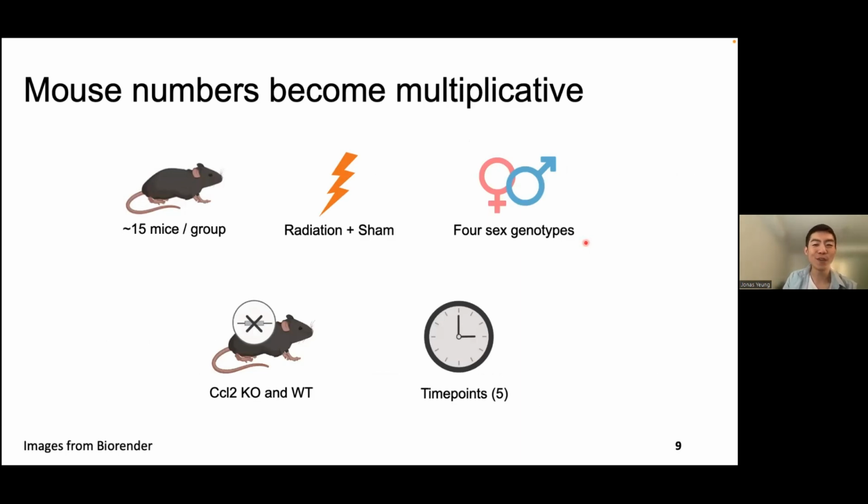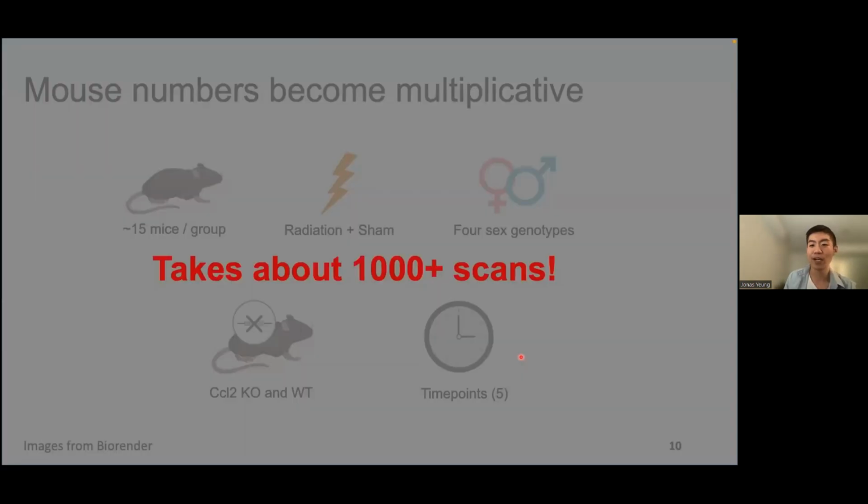Say that we have about 15 mice per group. And we have 2 groups for radiation and sham, 4 groups for the different sex genotypes, and CCL2 knockout and wild type, as well as 5 time points because we're looking for development. And since this is all multiplicative, it's 15 times 2 times 4 times 2 times 5, it requires over 1,000 scans, which is much more practical and achievable if we could do multiple mice at